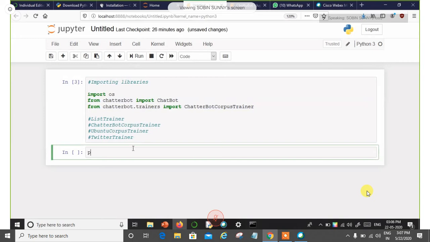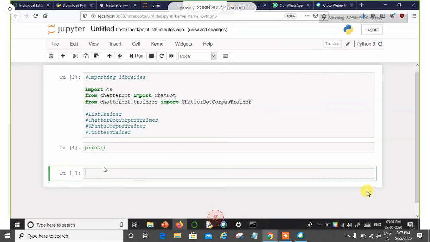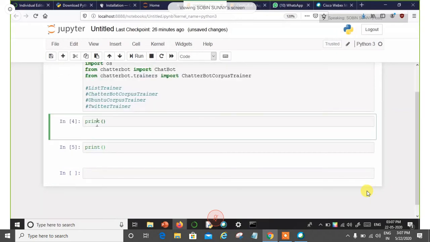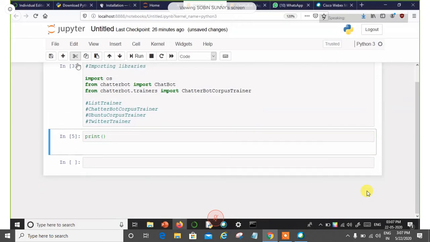If I'm using something like print and running this cell now, the number will become 4. If this cell prints something again, it will become 5, continuously. I'm just using that for your understanding.